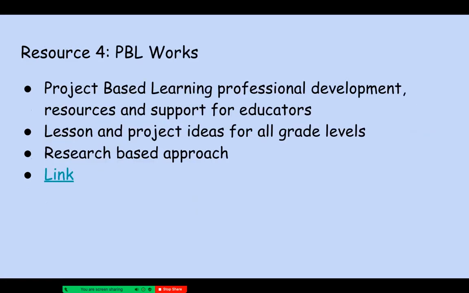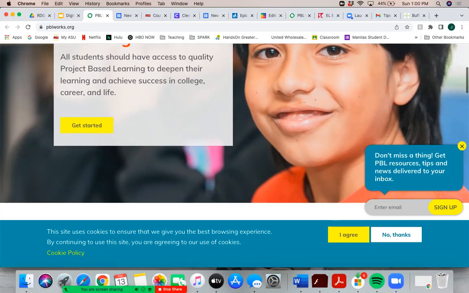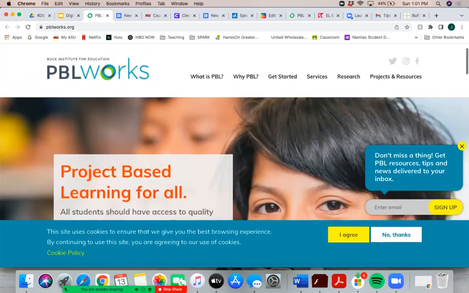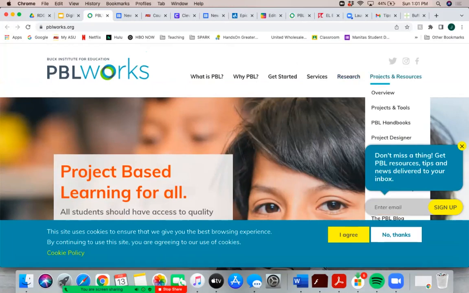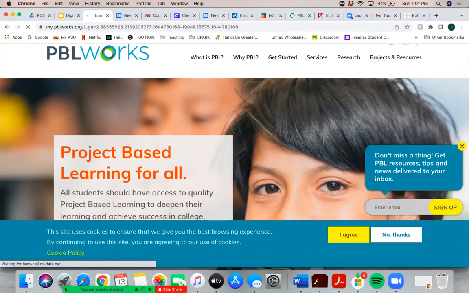The next resource is PBL Works, and this is project-based learning professional development resources and support for educators. The lesson and project ideas are for all grade levels, and it's research-based information. So if we go to their website, they have all these different tabs that show the research behind project-based learning, the different workshops that they offer, and then the best part, if you go into the projects and tools,